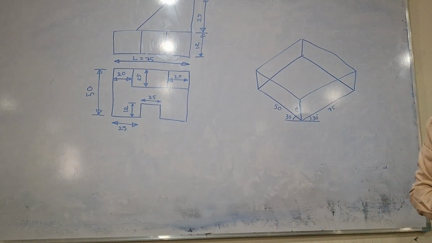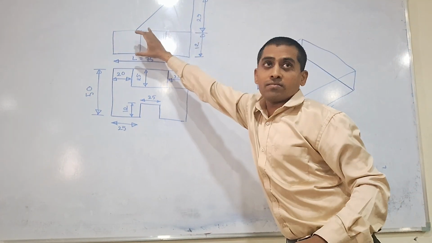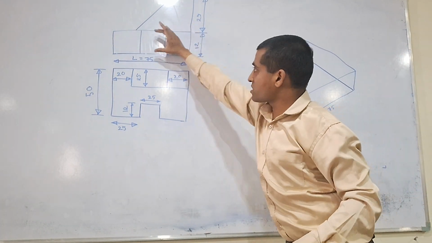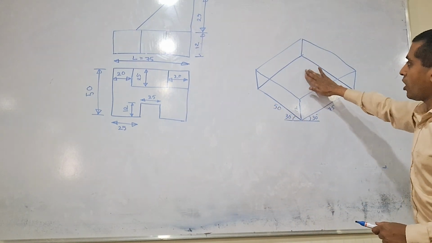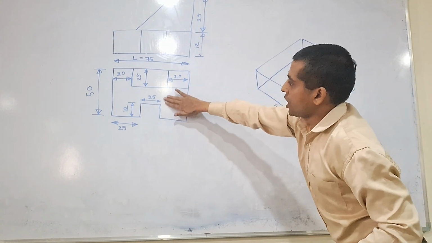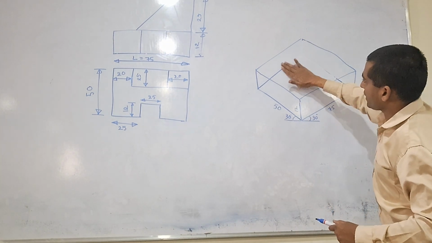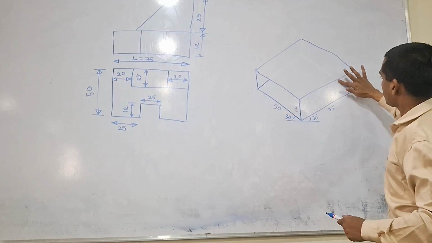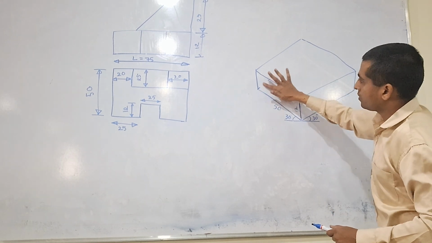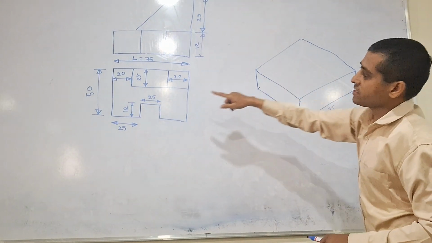Is it clear? Now see here, this base I have drawn. In the front view you can see this base. Now here, this is the top view. This top view we can draw here. Now see, I am erasing this. With this side only I have drawn one box. Here I will draw the top view.